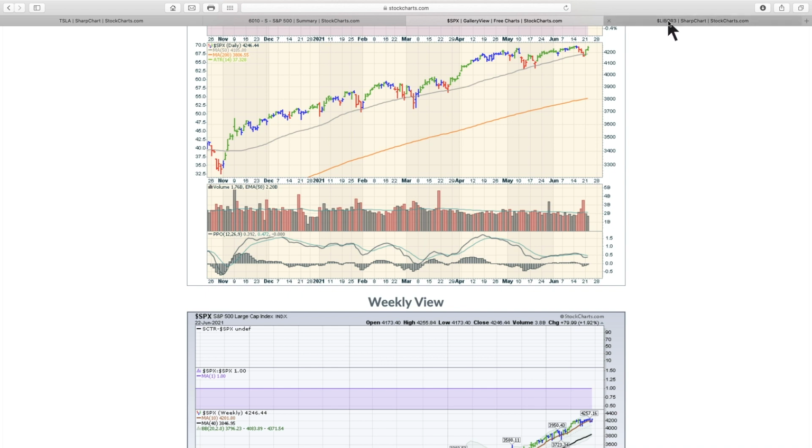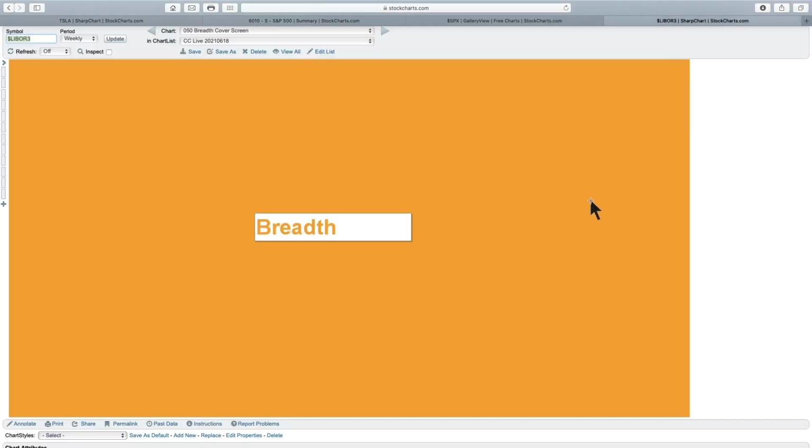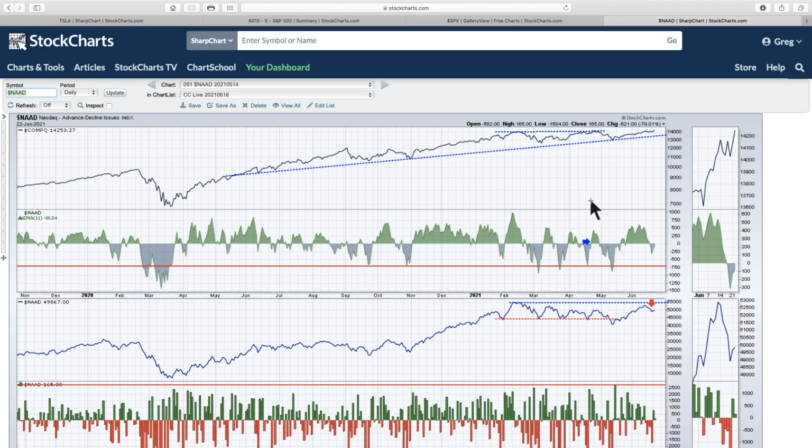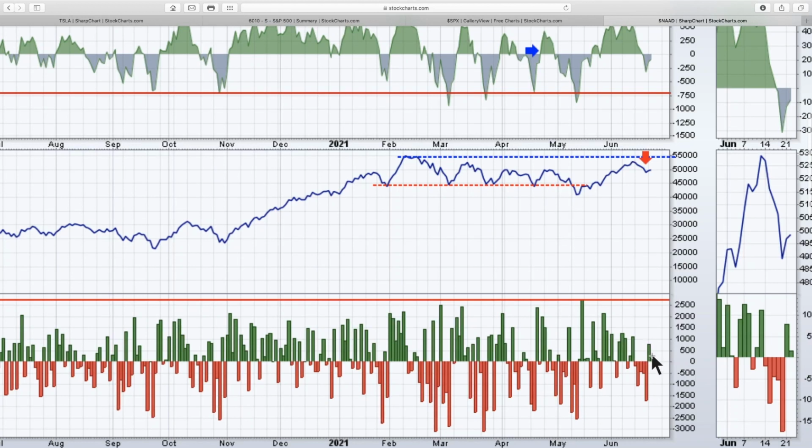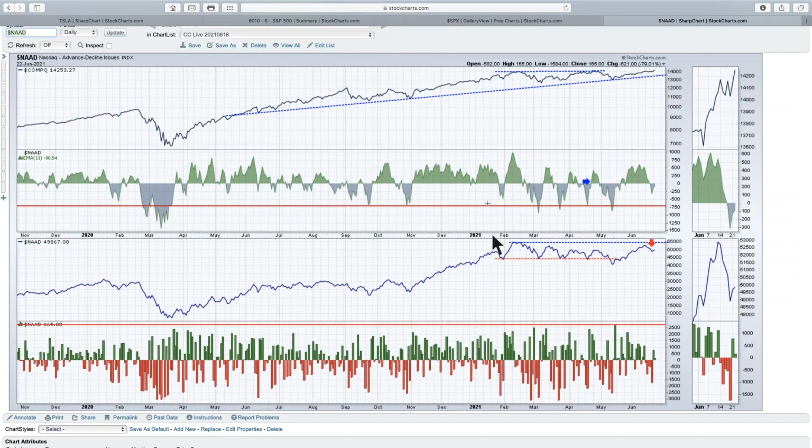So I just want to cover off a couple of things on that. Let's go into the breadth area first. What I want to show you here is that on Monday we had a big push on breadth, and on Tuesday it was pretty timid. So that's a little cautionary. I would like to see it a little wider, but so far that hasn't happened, and this is the NASDAQ